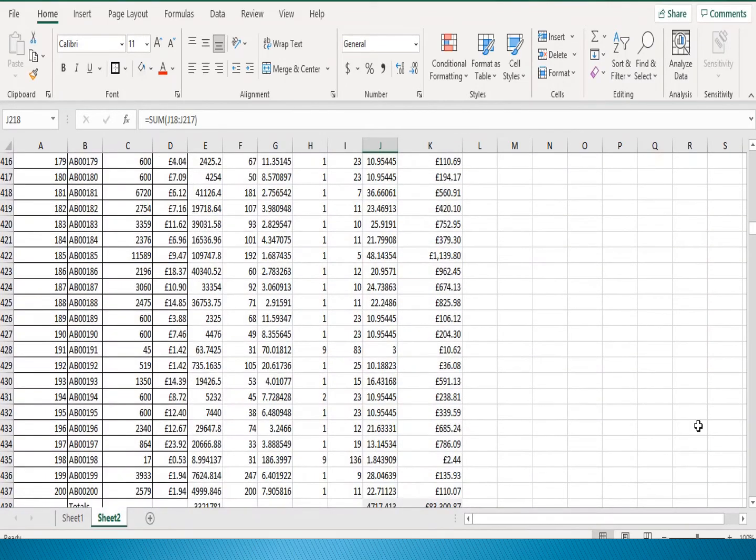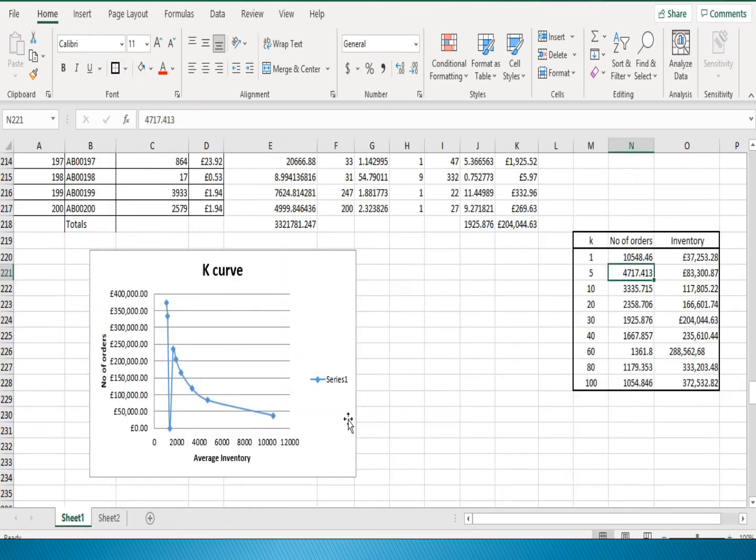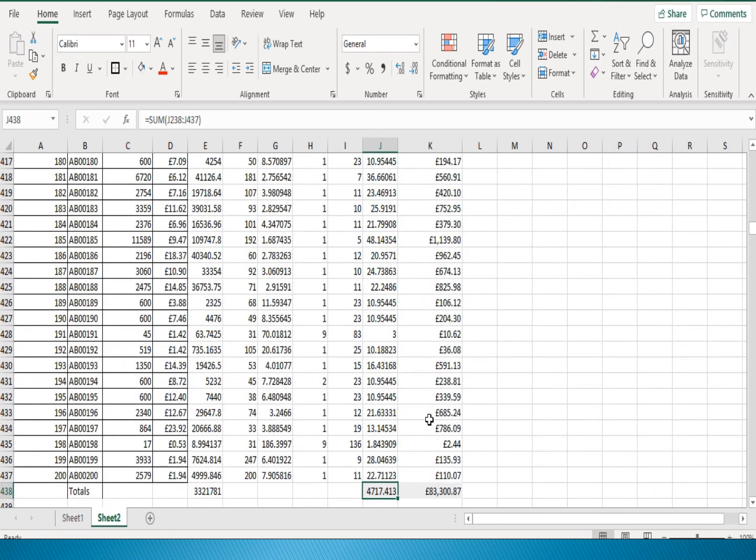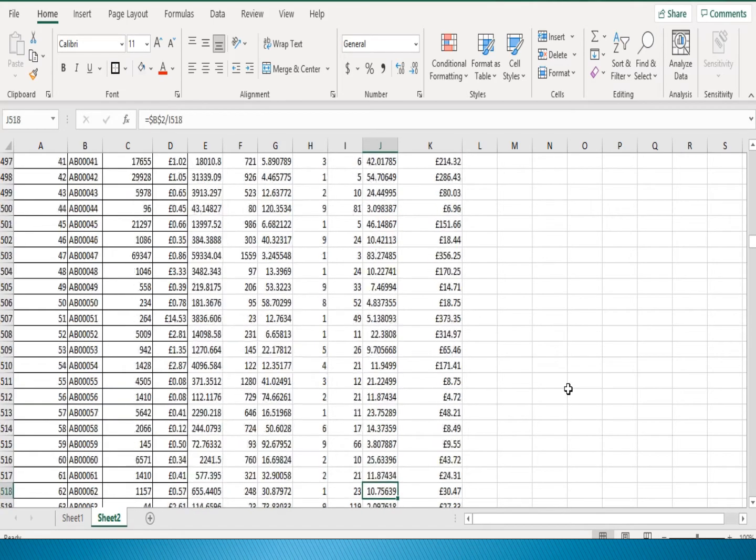This is the value of the content K5, also with the number of orders and inventory, and this is the value of content K10, as we can check in this sheet as well.